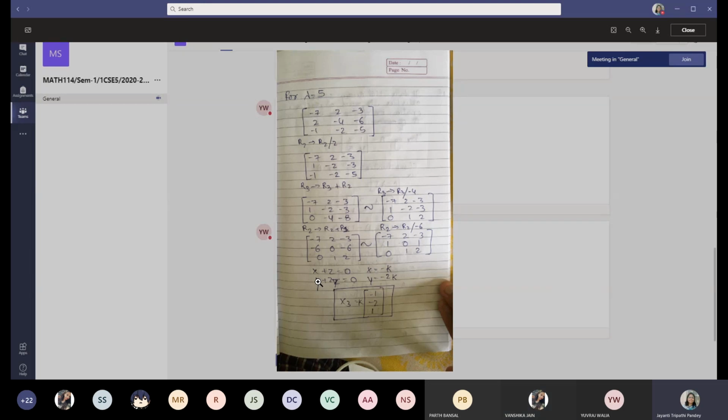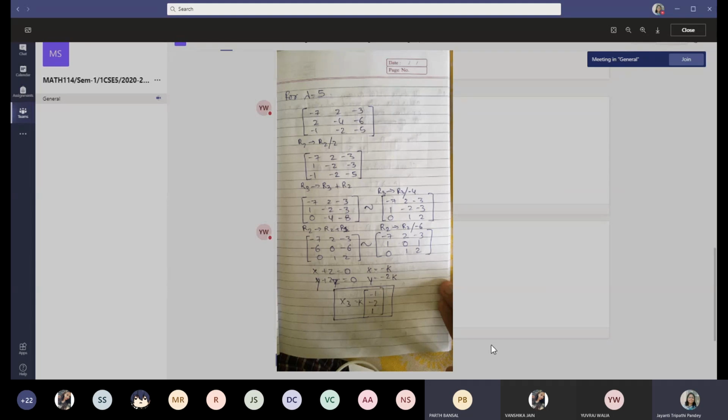Okay ma'am. Why are you getting different answers? Understood or not? Yes ma'am. I'm getting different answers also dependent upon the transformations that we did. No, not on the transformations. It depends on what arbitrary variable you are choosing. What arbitrary variable you are choosing, it depends on that.